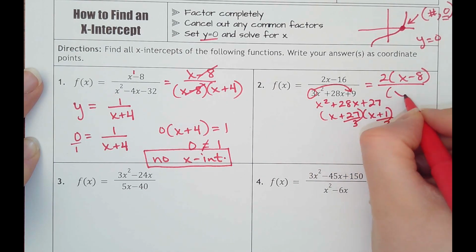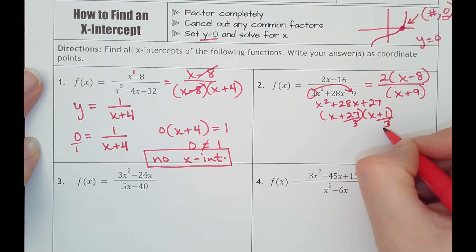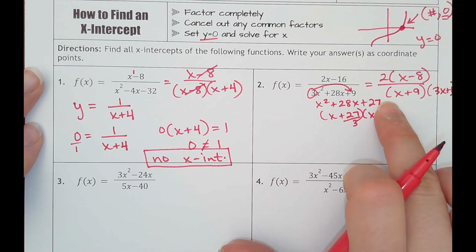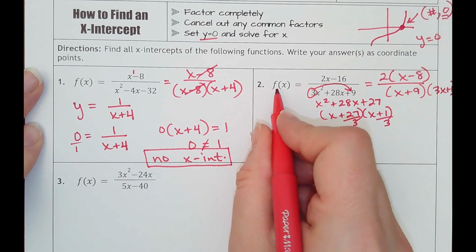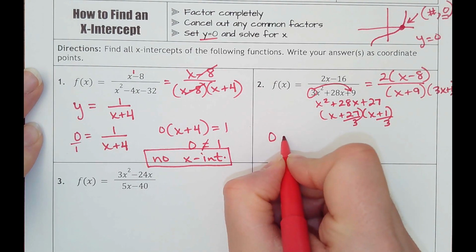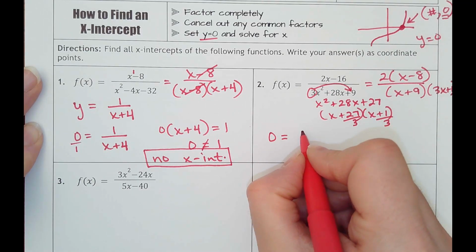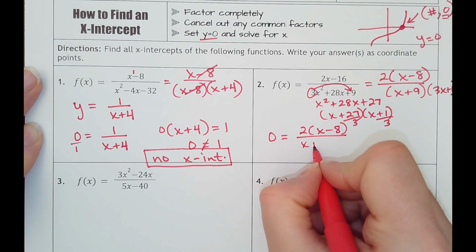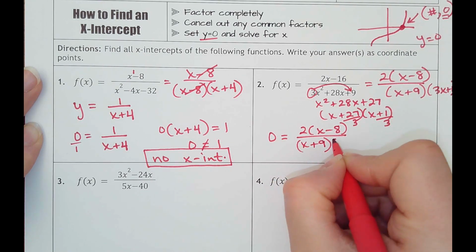So I get an x plus 9 and a 3x plus 1. Okay, so nothing cancels out. So then I'm going to set this as y. I'm going to make it 0 equal to 2 times x minus 8 over x plus 9 times 3x plus